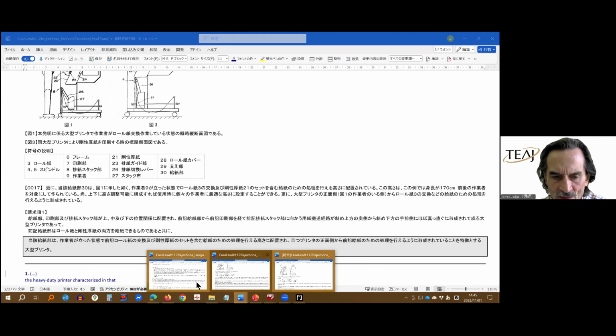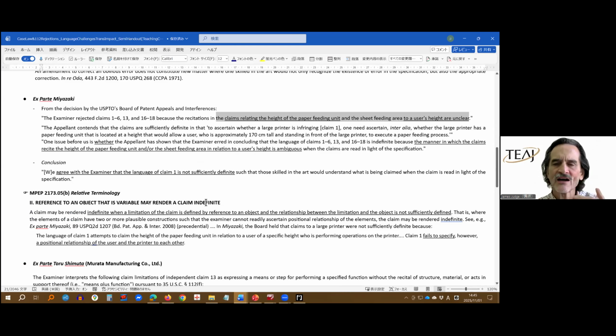And whereas there are other ways that could have been availed of to fix this problem, the prosecuting attorney, or probably the applicant, instructed the U.S. attorney to do this. They just threw in this phrase from the claim. Oh, the user, or the sagyosha, is usually on average 170 centimeters tall. So they put that in there to try to fix the problem. And it turns out that that was no good. It did not fix the problem.